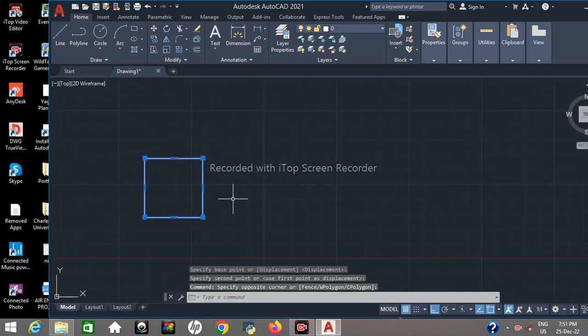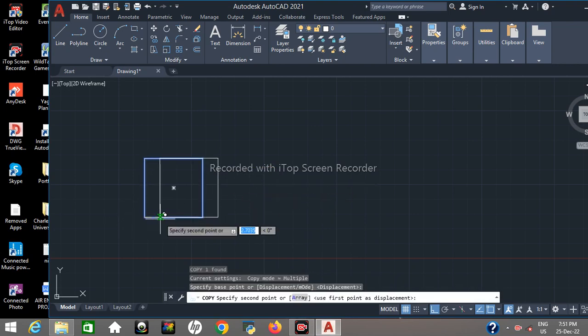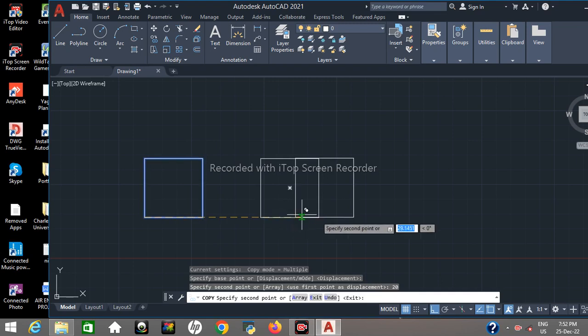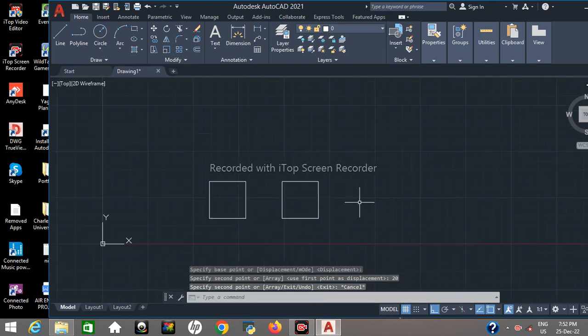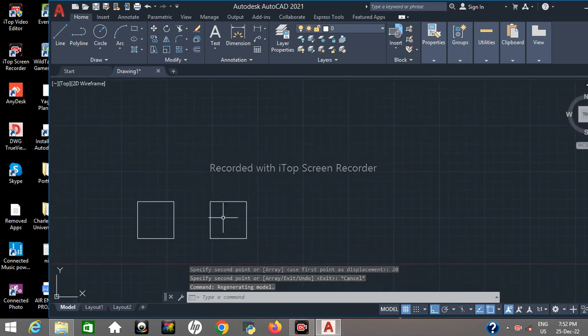The next command is the copy command. For the copy command, you can select it from here, or you can write CO. CO is used for copy. So copying the command, select base point, and then you can give it any distance. So here I'm giving it 20. So like this our object is copied, and then